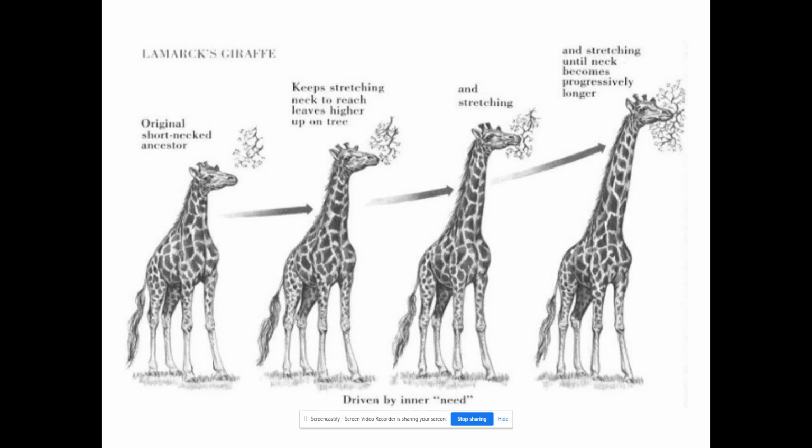And so on the other side, he would also say that if an animal stopped using something, it would eventually lose that. So he had this idea of use and disuse as well, that if an animal was able to use something, it would get better. If it didn't use it, it would get worse, or it would just go away. You think of whales, the idea that whales used to have legs. Well, Lamarck would say they don't have legs anymore because they stopped using them. And that's not the case. Darwin would say they don't have any legs anymore because those animals that had hind legs were less fit than the ones that didn't. And so there's a big difference there.